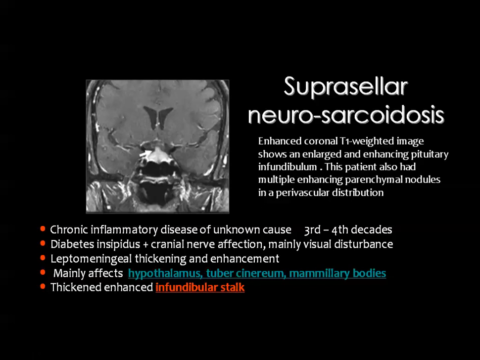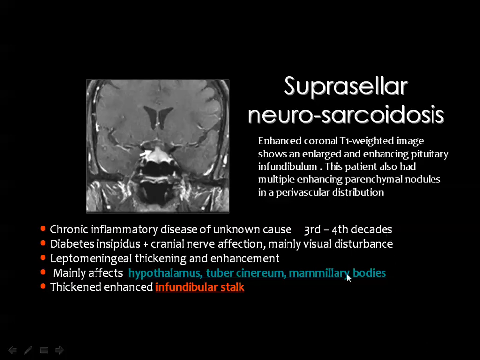Then suprasellar neurosarcoid, and you remember from the lectures of brain imaging that sarcoid has a certain affinity to the region of the hypothalamus, the tuber cinereum, and the mammillary bodies together with the infundibular stalk. And the diagnosis of neurosarcoid is usually somewhat difficult unless you have other stigmata of sarcoid in the body, especially in the chest. Sarcoid is a chronic inflammatory granulomatous disease of unknown